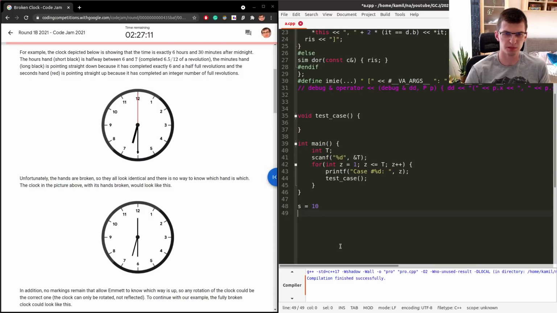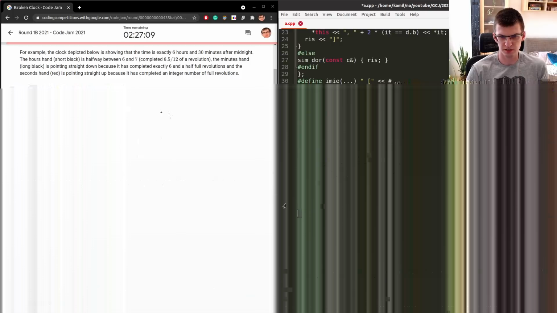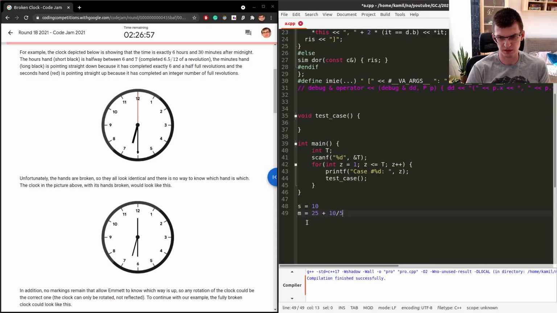Let's look at some example. So 10 seconds, then minutes will be some full time, let's say 25 minutes, plus 10 divided by 60. And then hour is some full number of hours plus minute divided by 60. Can I get something from that? And if I subtract 60 times this, sorry, 60 times that,